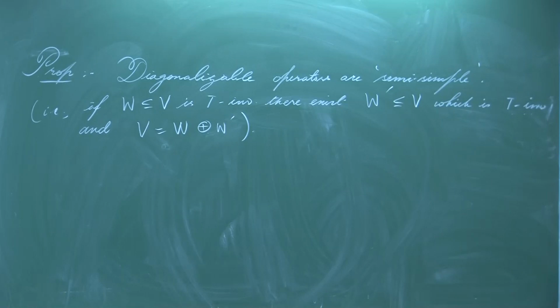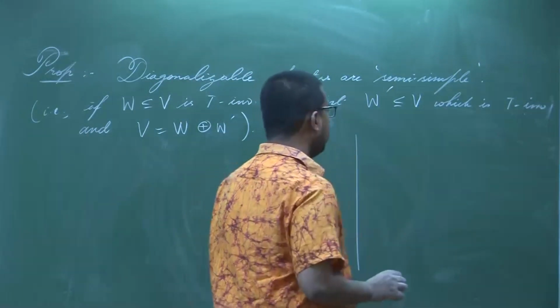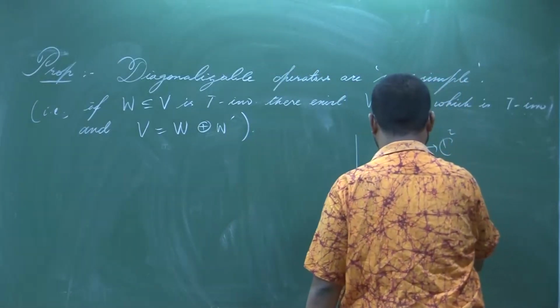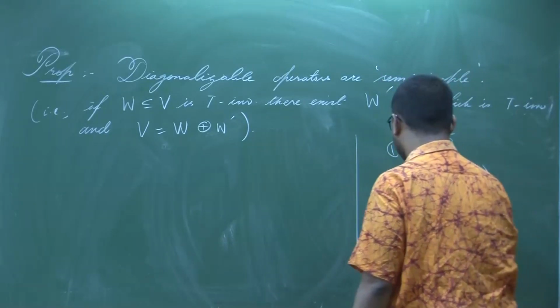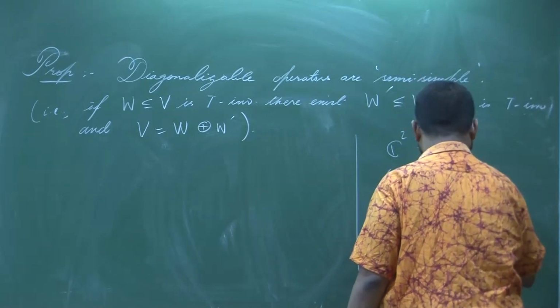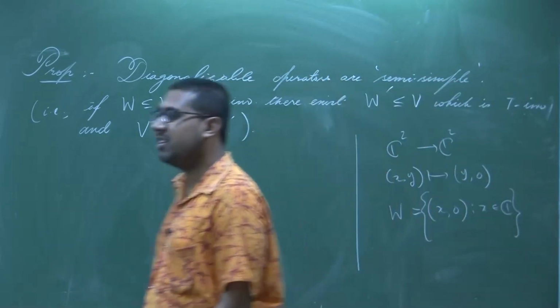For example, an example of a non semisimple map is the one that I have just given you: x comma y goes to y comma 0. Here, if for W you choose the x comma 0 subspace, you cannot have an